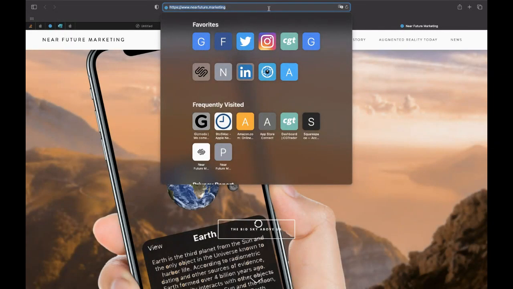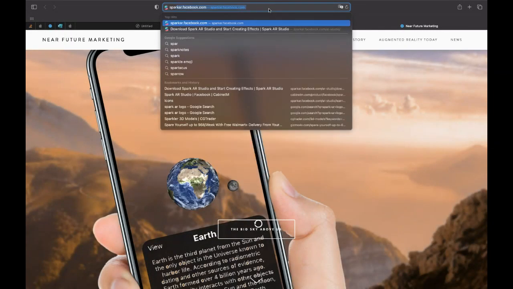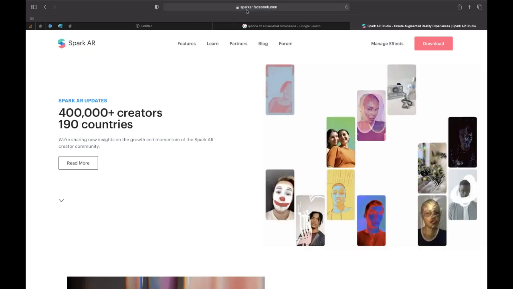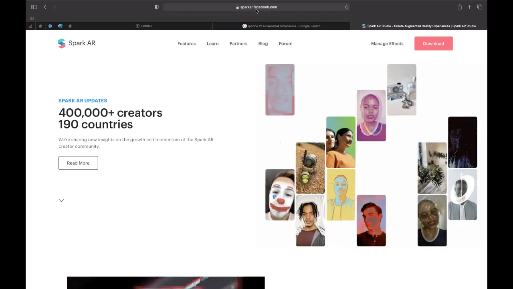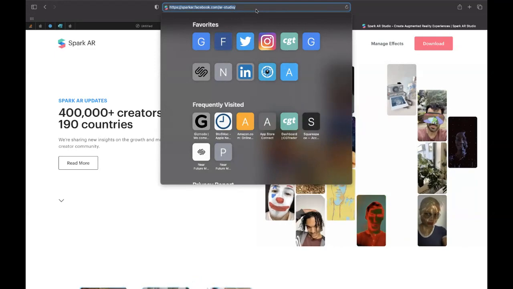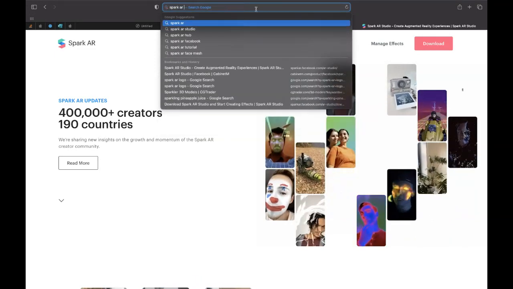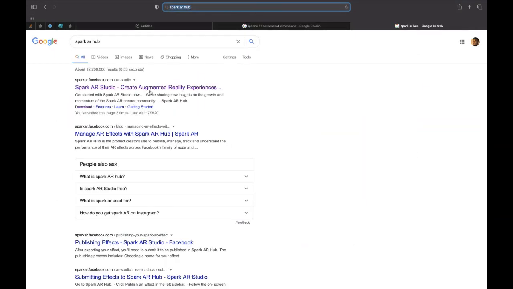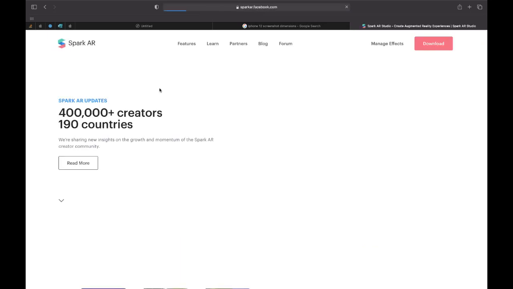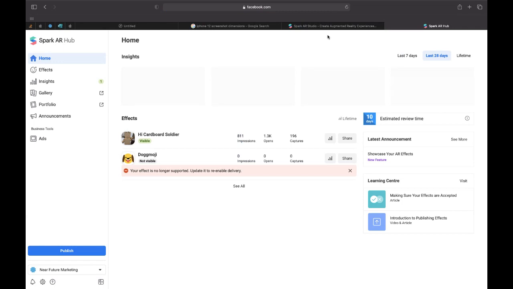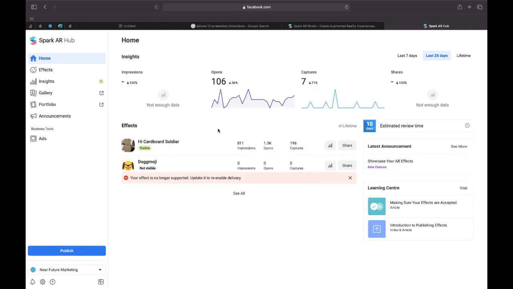The other thing I wanted to show you, but I don't think I will, but I can at least cover it a little bit. Or maybe we can. I'd have to log into Facebook, and that's not something I really do on this computer, but let's see. Spark AR Hub. If we go here and manage effects, yeah, that's this button. Okay, perfect, so I don't have to go through Facebook. This is where you can see your effects and manage them.